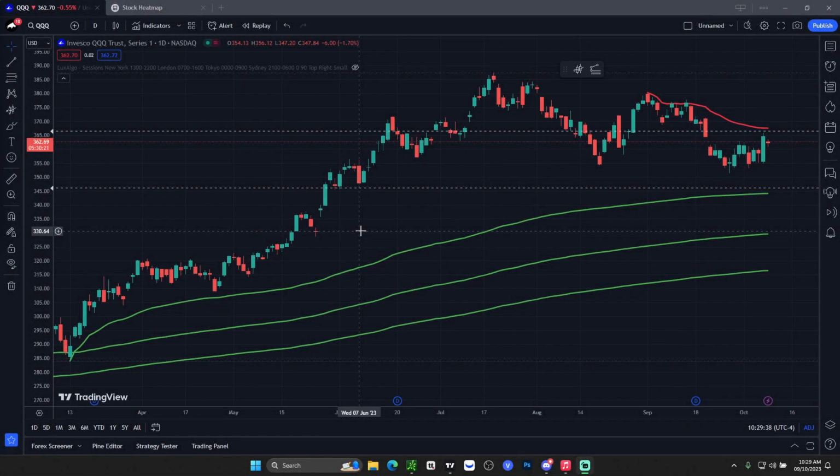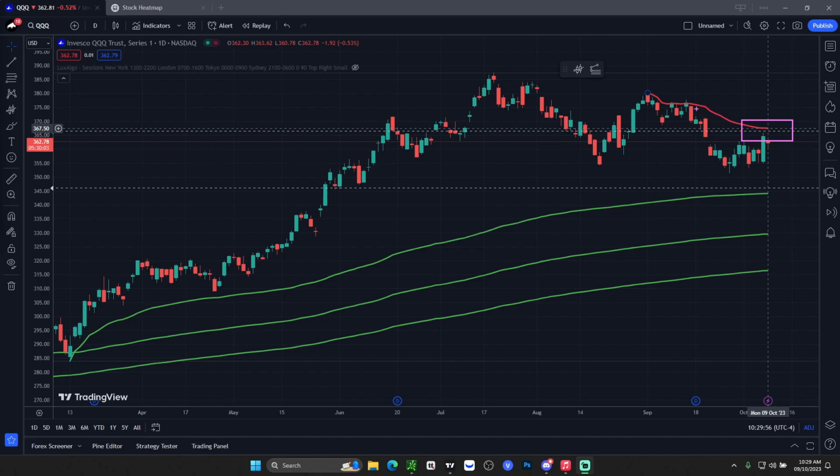Okay, time for some market analysis. What we're looking at is the Qs, so the Nasdaq, and also the SPY, so the S&P. To get straight into it, we will be starting over on TradingView just to get some of the closest anchored VWAPs. So key resistance as of right now on the Qs is going to be